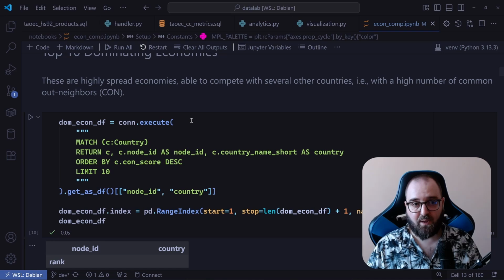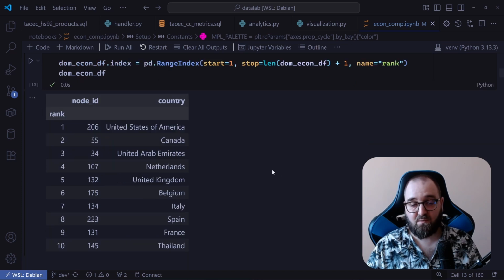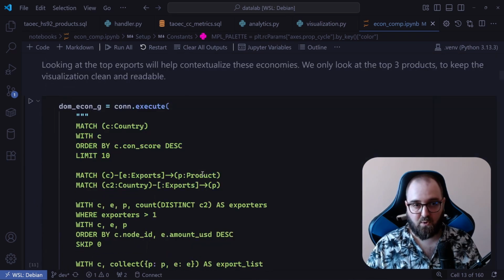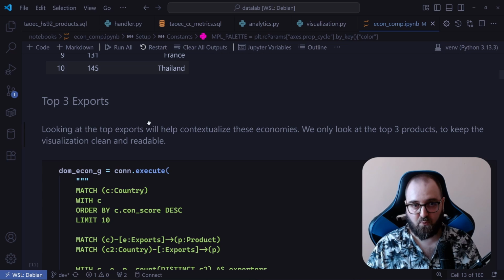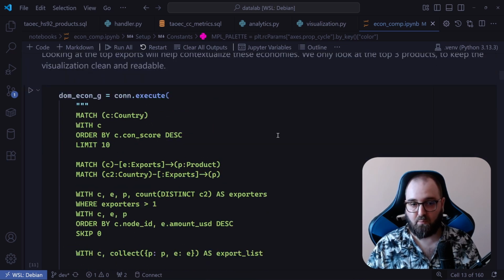And then we can just directly use that con_score on our graph, and if we order in descending manner by con_score and get the top 10, we'll find the top 10 dominating economies, which were identified as United States, Canada, United Arab Emirates, Netherlands, United Kingdom, Belgium, Italy, Spain, France, and Thailand. And then we look at the top 3 exports for each of these countries, and again we can do this with Cypher based on our Kuzu database,